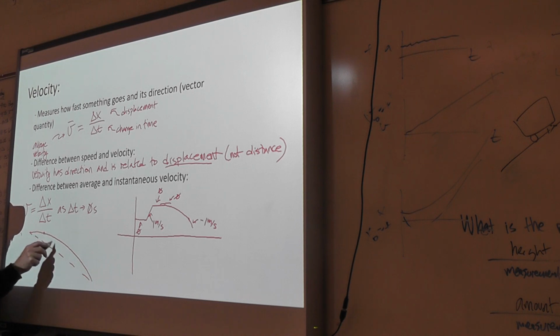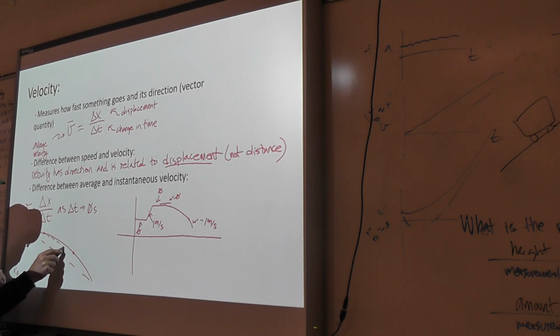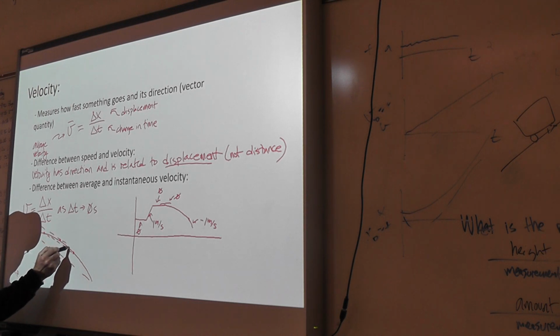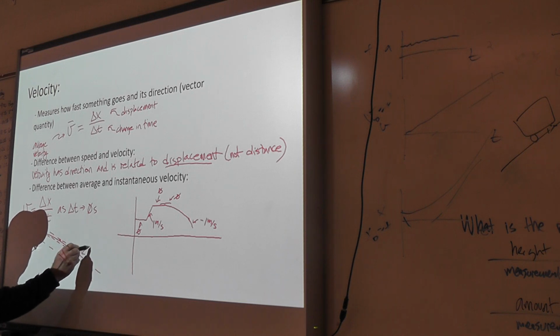But what if we picked a smaller time period? What if we looked at this time period right here, from here to say here? Well, now the line that connects those is closer to the curve. It's like it's not pushed out as far from the curve. It's closer to the actual slope of that curve. A curve has a whole bunch of slopes, but overall it's kind of closer to this as my times get closer and closer together. When you get to the point where your times are so close that you're essentially looking at a single point on the curve, then effectively what you're looking at is a straight line that touches the curve at that point and nowhere else. This is called the tangent,